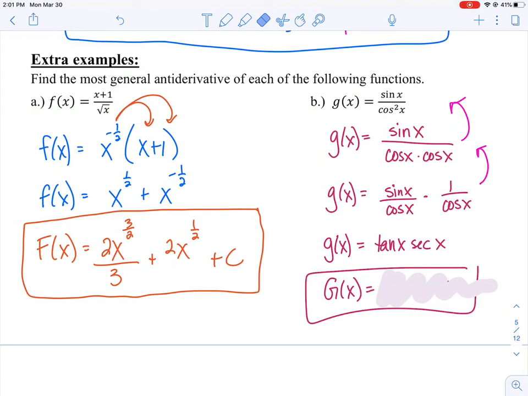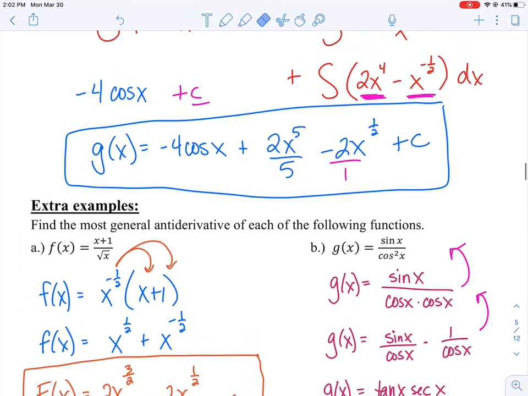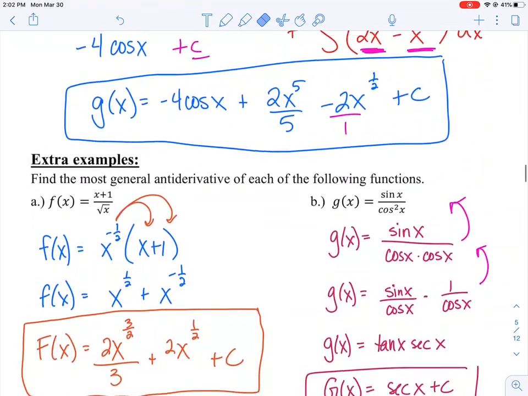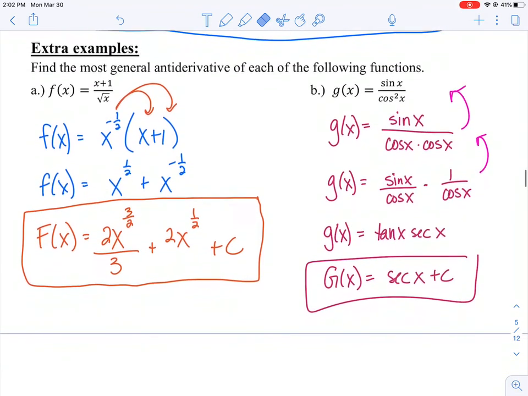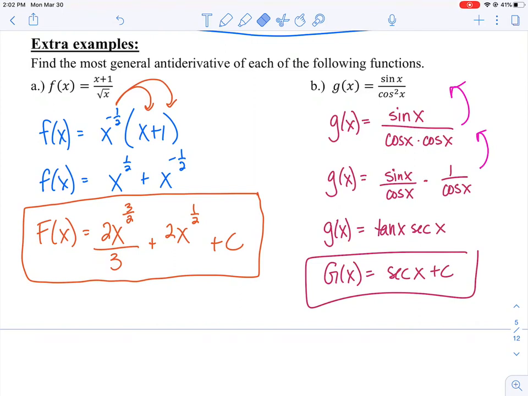Well, isn't there an antiderivative for secant x tangent x? Isn't that secant x plus c? And so I was able to rewrite my original into a rule that I do know, and I know that the antiderivative of secant x tangent x is really just secant x plus c. Okay, so those last couple of problems are just making it so that I can rearrange, rewrite into rules that we do know so that we can apply our antiderivative rules. Keep practicing. Let me know if you need